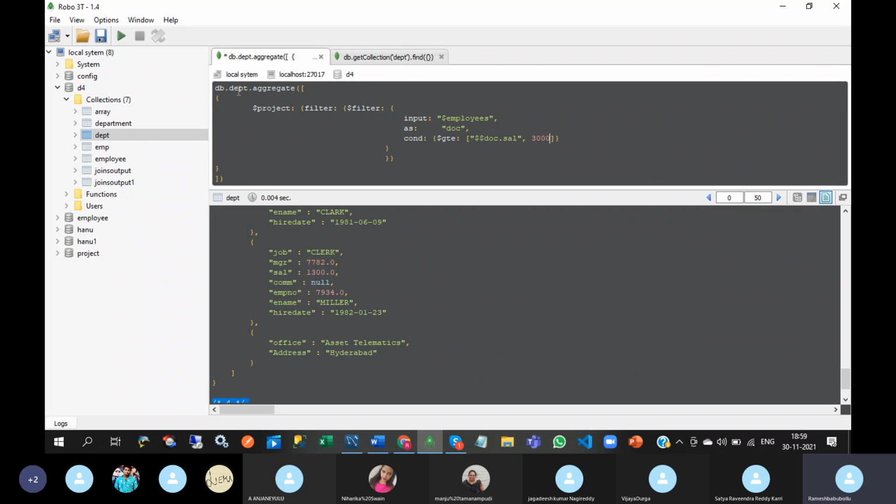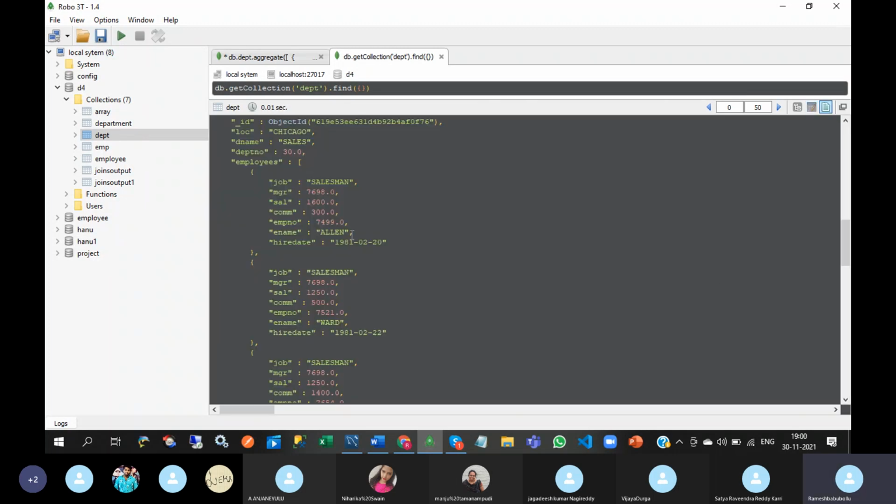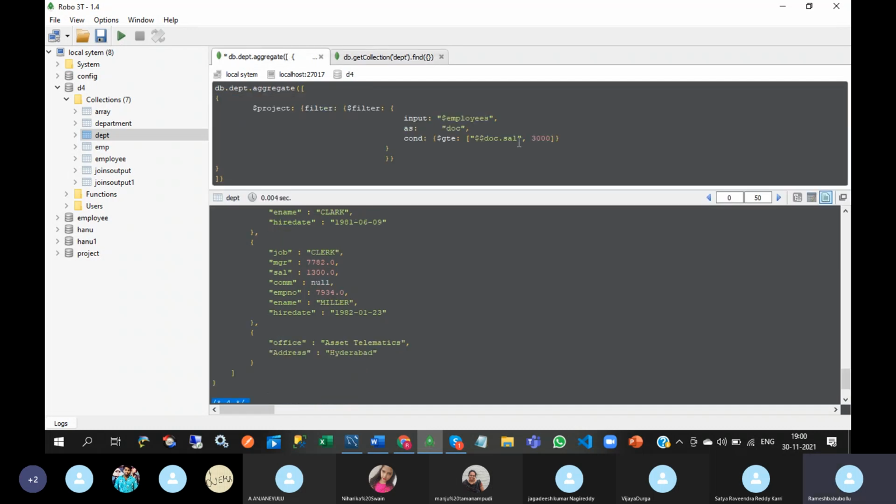See this in the department collection. I have an employees array. In that, I want to filter the documents whose salary is greater than or equal to 3000.